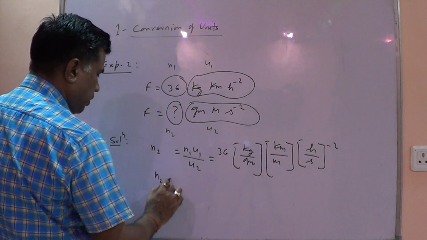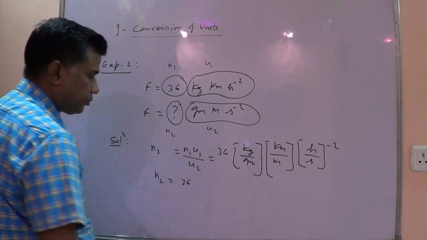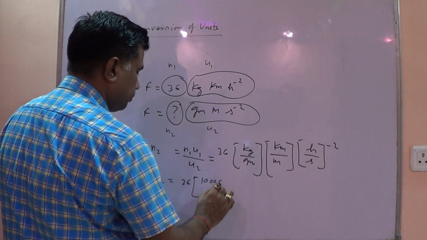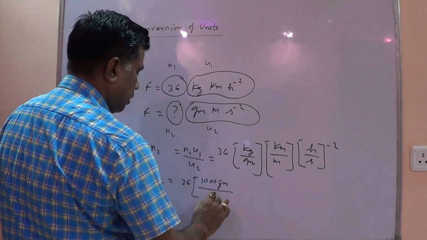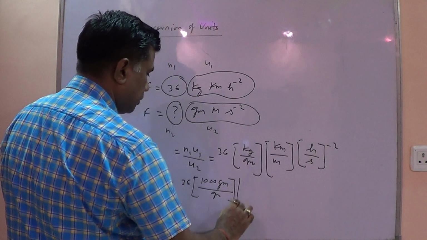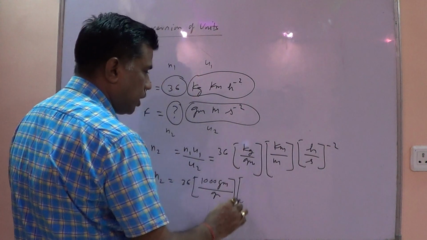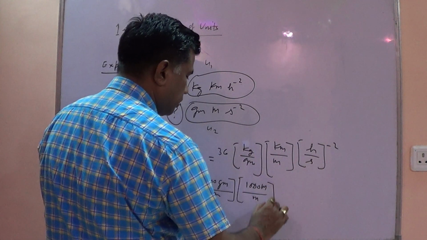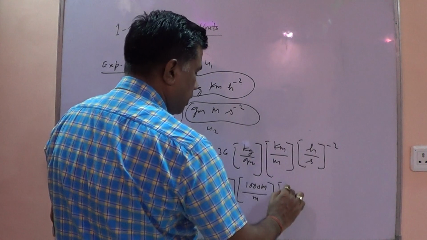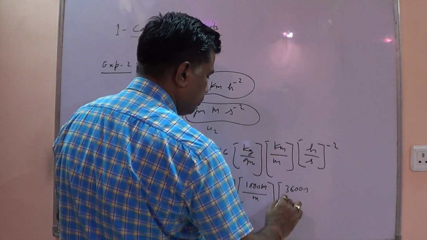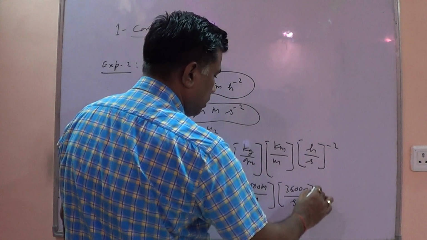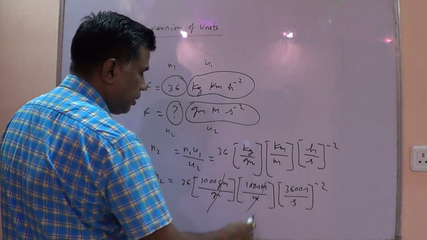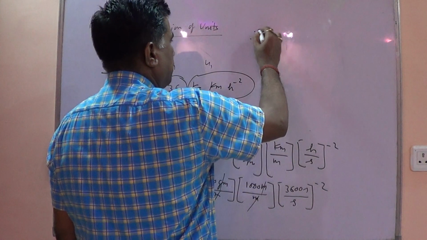Now this N2 will be equal to 36. In 1 kilogram there are 1000 gram, divided by gram. In 1 kilometer there are 1000 meter, divided by meter. In 1 hour there are 3600 second, by second, to the power minus 2. Now this gram is cancelled by gram, this meter is cancelled by meter. So the value of N2 is